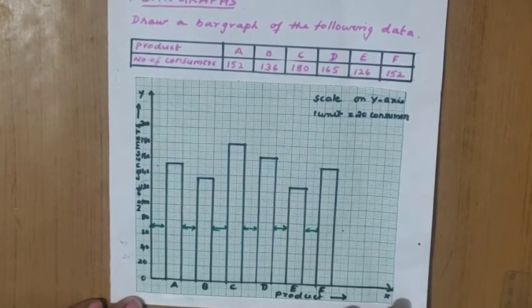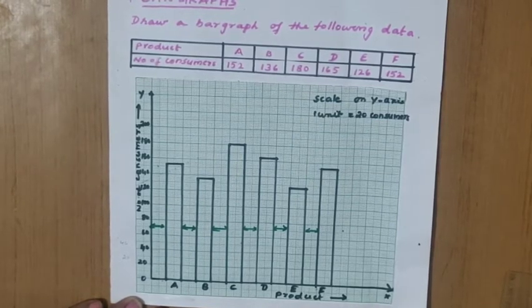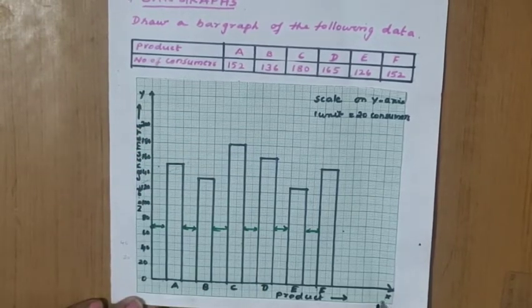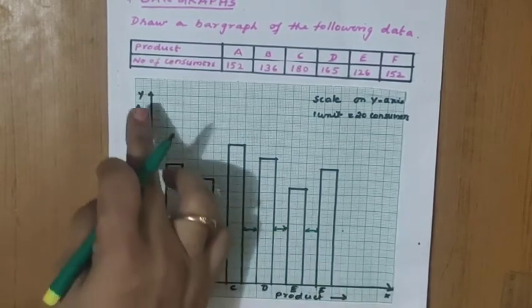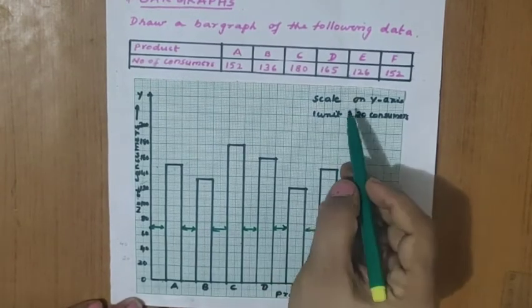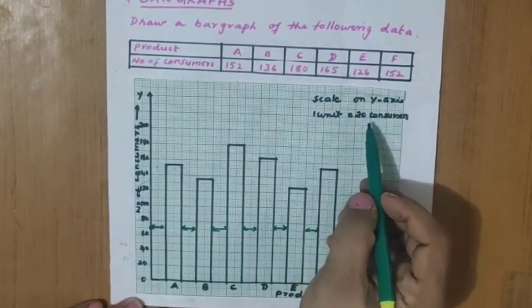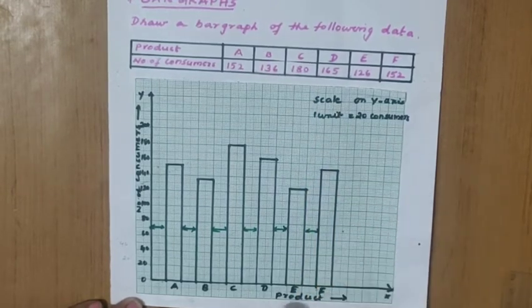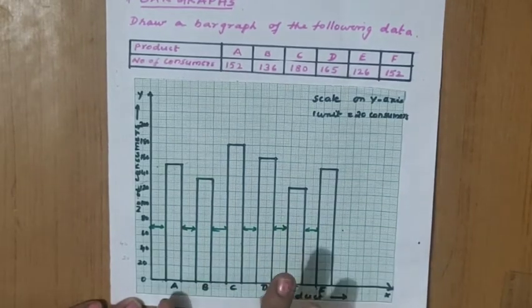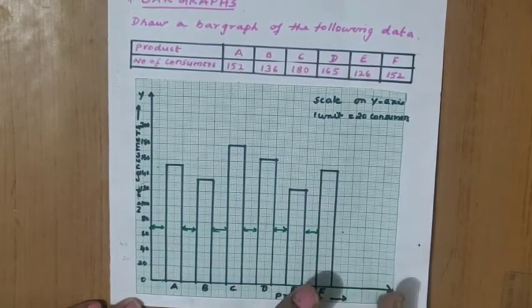Here nothing more I want to explain for a bar graph, because we have already studied it in the lower classes many times. So where children will make errors, that I will explain. Labeling the graph should be there: here the product, and here the number of consumers, that we should add; that is called the label or headings. Axis names are to be written, don't forget that also, x-axis and y-axis. Y-axis scales are to be there: scale on y-axis, 1 unit equal to, in this particular question, 20 consumers. This design, don't put; this is only for showing that I have made equal spacing in between the bars.